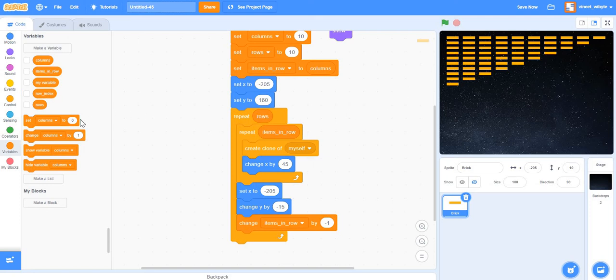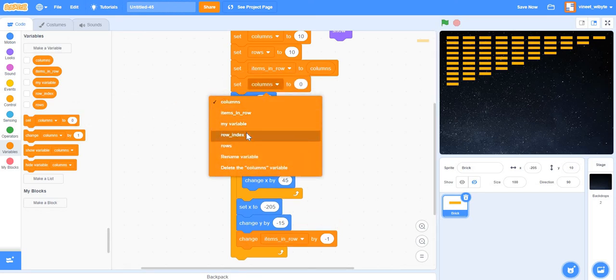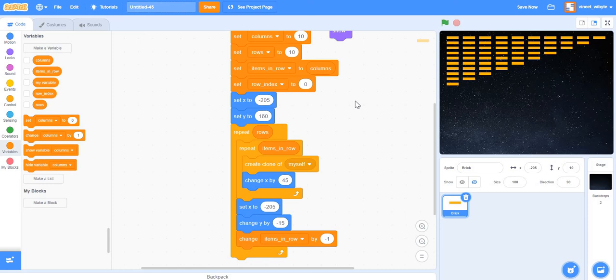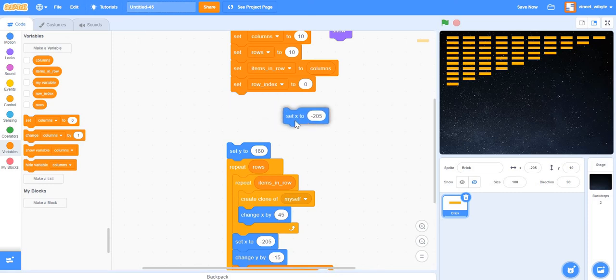So what I do is I set row index to 0, and you will understand why I do so. Now instead of setting my x to minus 205, actually, it turns out in this particular case, it doesn't matter. I can set it to minus 205, but in general, I can change this set x to minus 205 to a little bit of a formula.